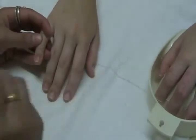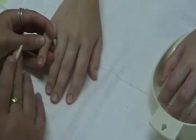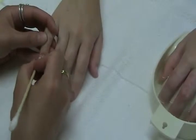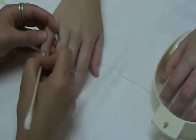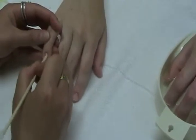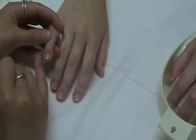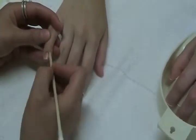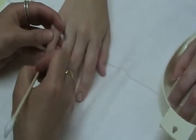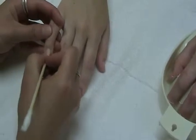If you had a metal pusher, you could use that here, but I just like to use the other end of my orangewood stick. And we're going to be going in circular motions here onto the cuticle. Just nice circular motions. We never want to be jabbing in like this. That could cause a hangnail. It can cause a crack in the skin. So we just want to do nice, gentle, always circular movements